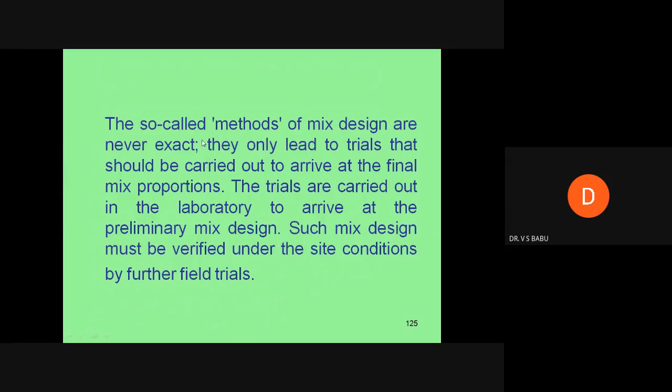Those are given only as guidelines. Suppose I say that if you start at 10:30 a.m. you will reach Bhopal at 5 a.m. Because of my vast experience, I went to Bhopal many times by my car, so I know that the road is very damaged, so at least 4 hours is required. Additionally, I will take 1 more hour, so 5 hours. How can I say that? Based on my past experience. Similarly, if the target strength is 48 Newton per mm square in the laboratory, then at the site I may get 40.